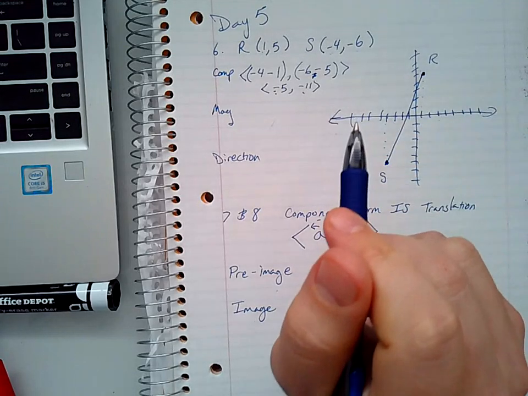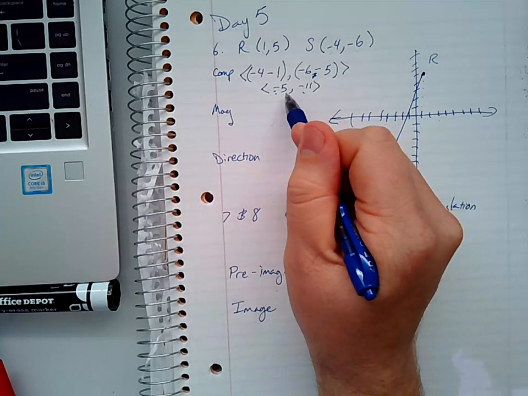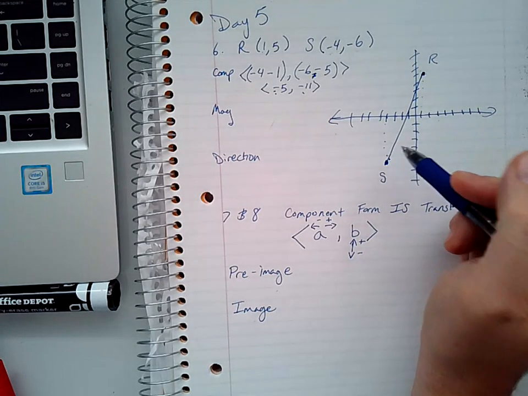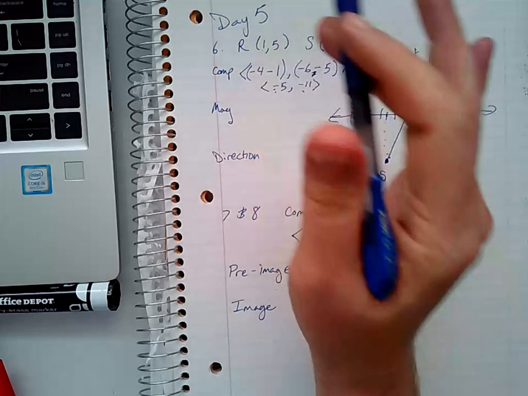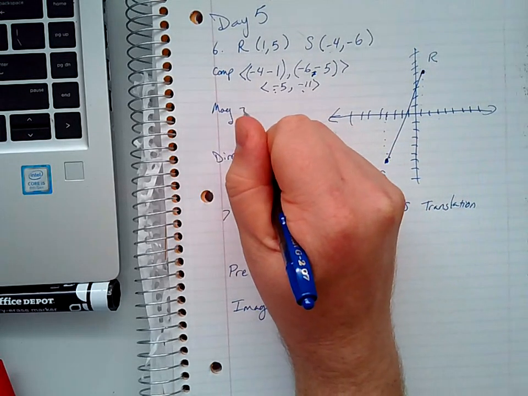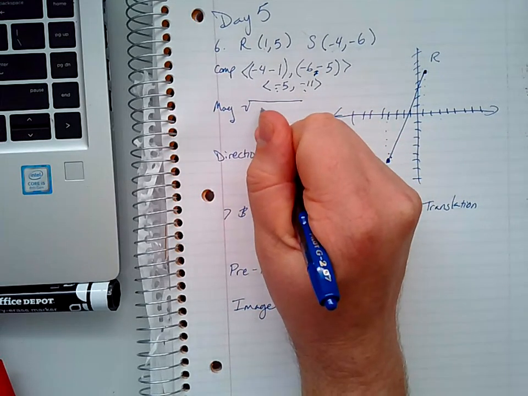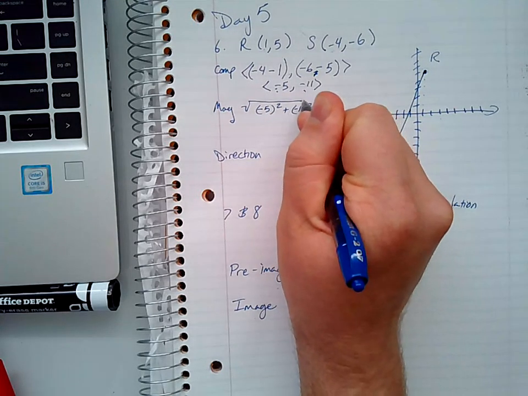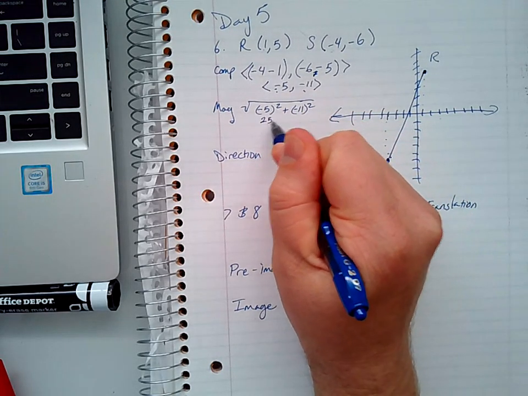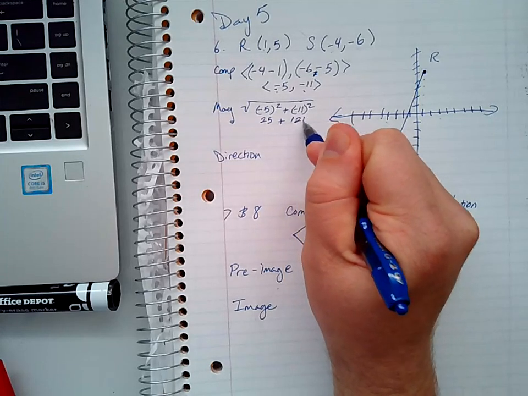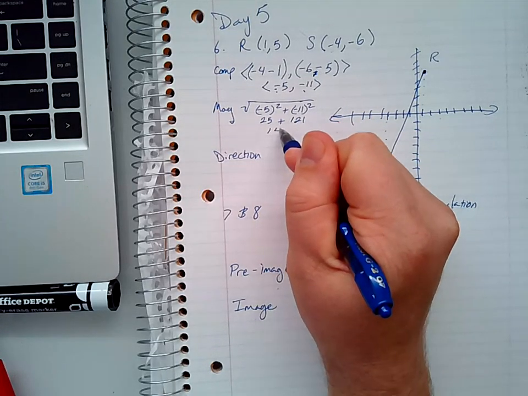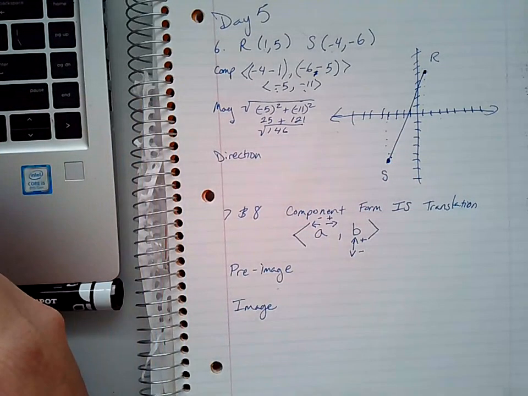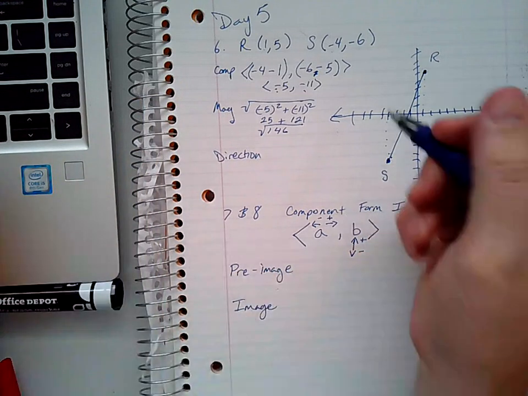Okay, so my magnitude is just squaring those, adding them together, and then doing the square root of the whole thing to find the distance from R to S. It's the distance formula, right? So I do the square root of negative 5 squared plus negative 11 squared. Negative 5 squared is 25. Negative 11 squared is 121. Add them together and I get, what is that, 146. That's not a perfect square, but if we do that in our calculator, the square root of 146 is approximately equal to